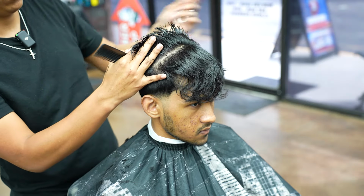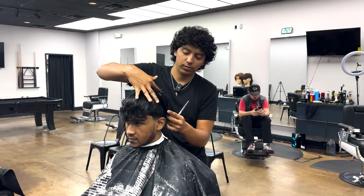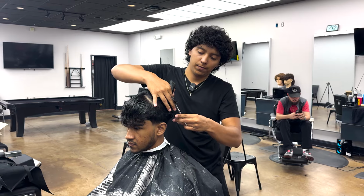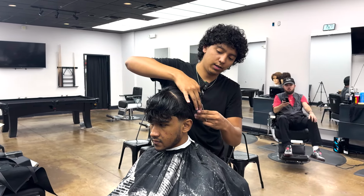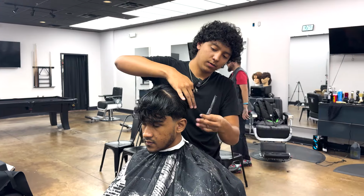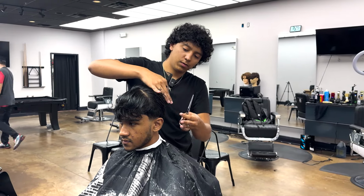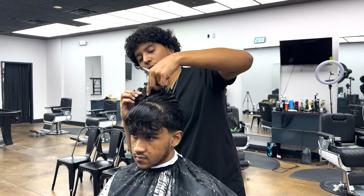I just come all the way across. And then from there, I just pull. And then there should be a guide right there. Same thing, just pull. There should be a guide there. Again, just pull, point, cut, pull,